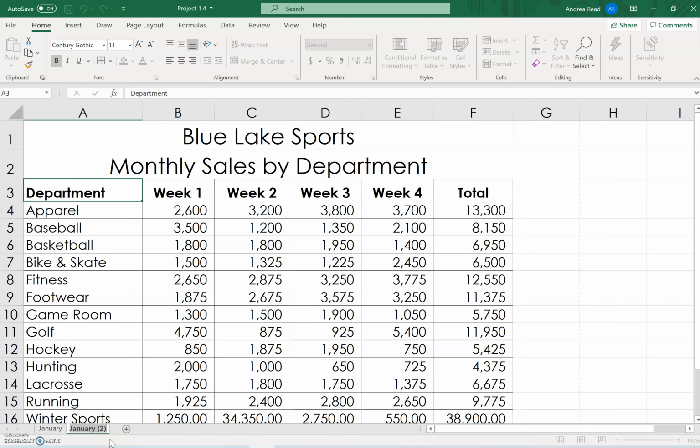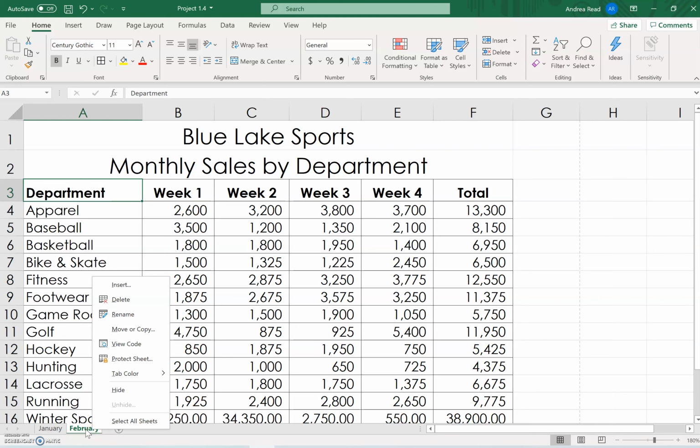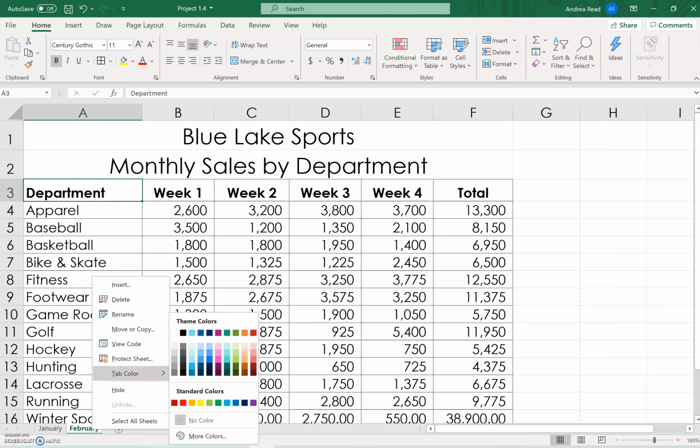But what I'm going to do is double click on it so I can change it to editing mode, and I'm going to type out the month of February. You have to press Enter when you're done typing for it to accept the change. Once you change the worksheet's name, I'm going to right click over top of it again, and I'm going to select